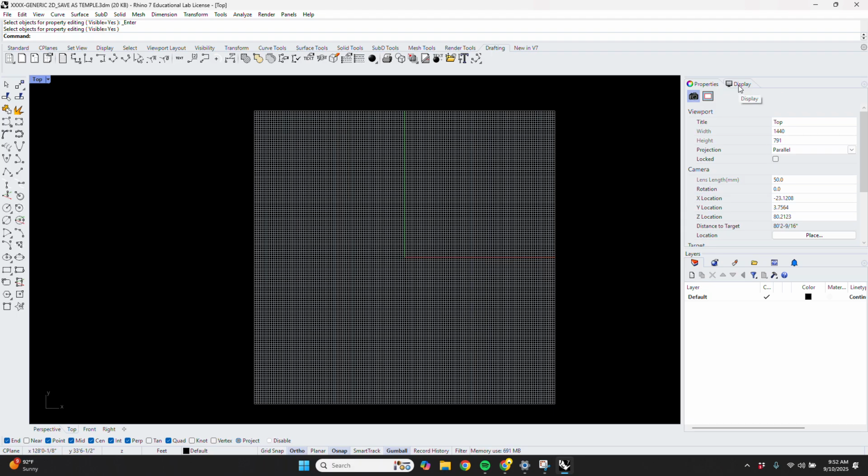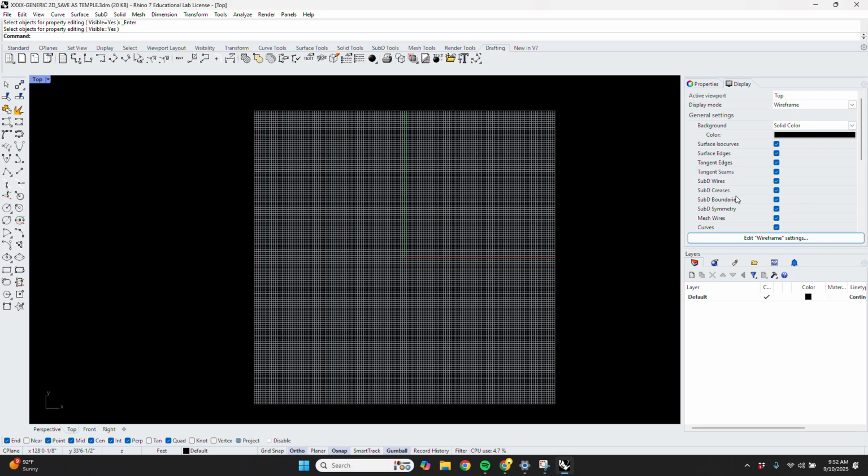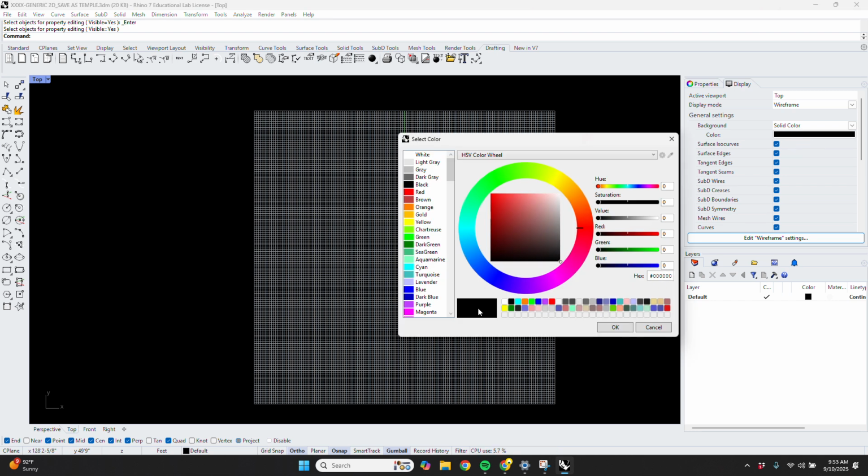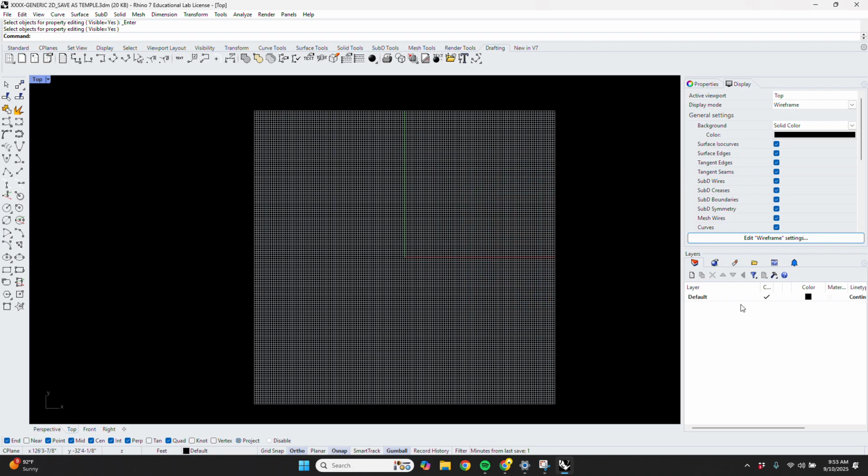Another one I find helpful to have up, so if this did not pop up for you guys, is display. I think it's really helpful for this initial setup. Some things to note here is this background color. I personally like drawing with a black background, and what that means is all of my layers cannot be black. The reason I like it is because it's easy on my eyes, and I have very distinct layers that I'll set up in a moment,